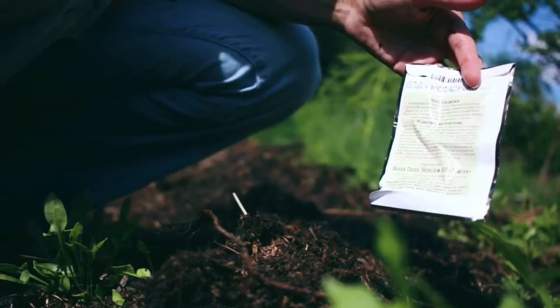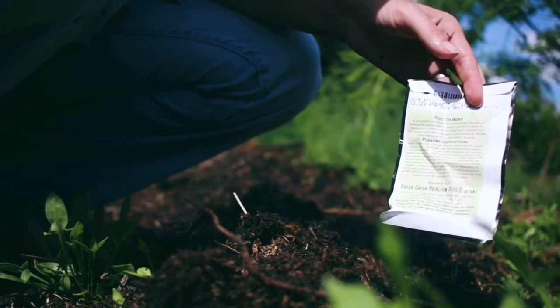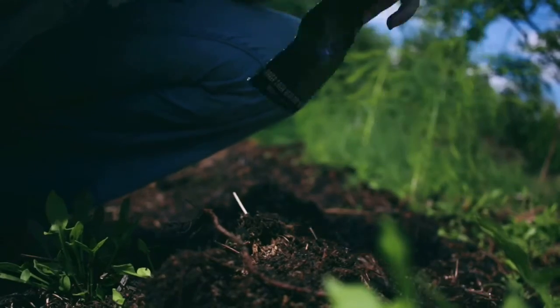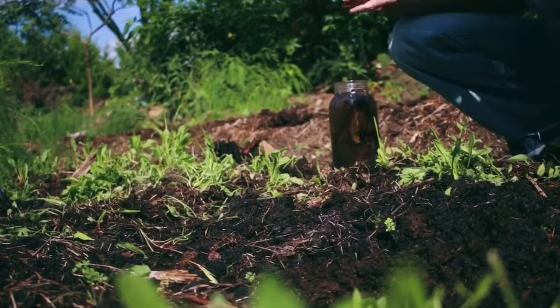I'm gonna run it to the house, come back and grab my asparagus that I got on sale at Walmart, and I'm just gonna go ahead and plant it late in the season, but hey, it was cheap and it was only $1. So let's do that next. All right, so here we are